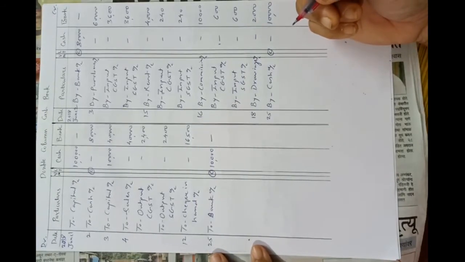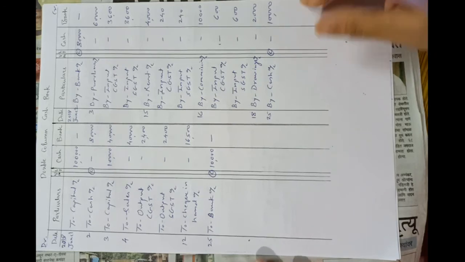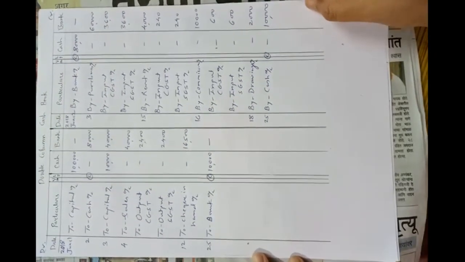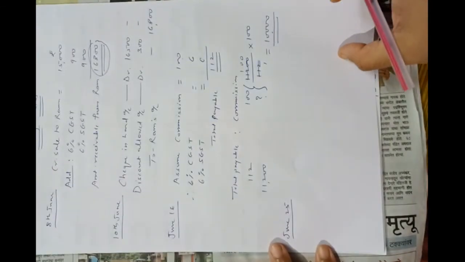Now again on 25th received a check from X and endorsed it to Y on 29th June. Now we have received a check but not deposited the check into bank, and directly that check was endorsed to Y on 29th June. So we have to pass journal entry for this. I will show it here. On 25th June, this working note should be part of your answer. Remember this properly. Keep it in mind always.